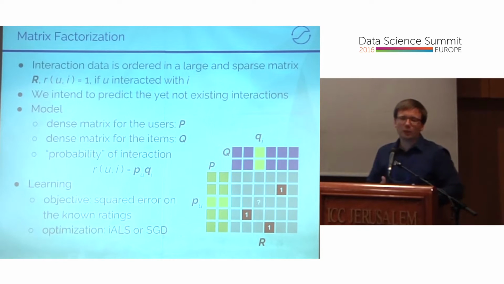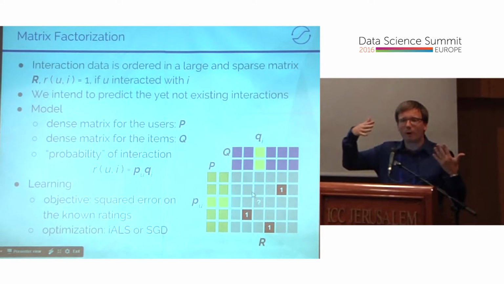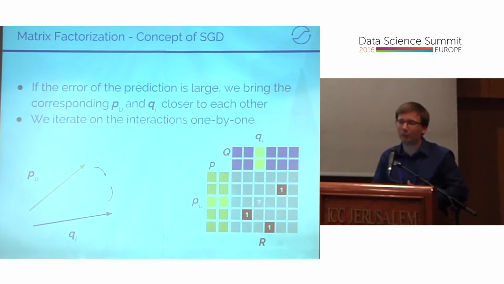Now comes the question: if I have this very large sparse matrix, how can I learn these representations, these two dense matrices in my model, to use them for future prediction? In the research of recommender systems, there are two very popular learning optimization methods for this. They are called IALS, implicit ALS, and SGD. Next, I will show you a lot of SGD-related experiments. I am just once going to emphasize IALS. So a few words on SGD without any kind of equation.